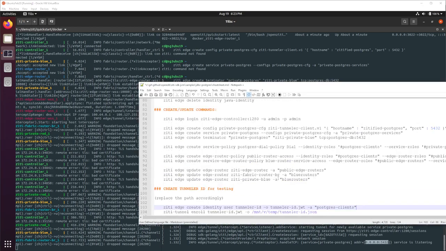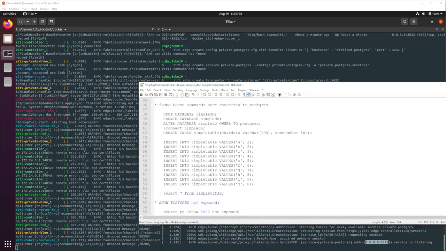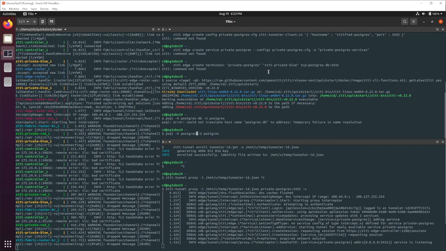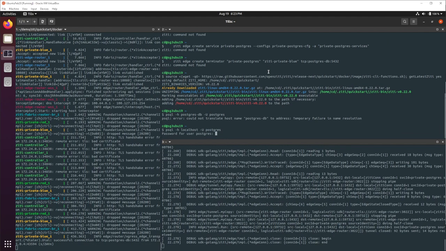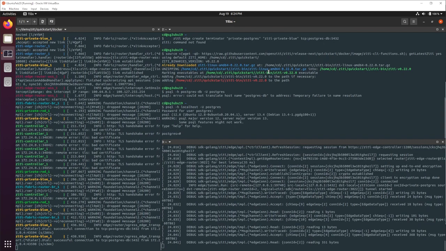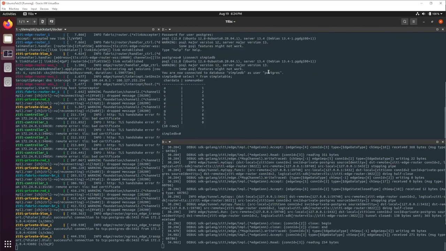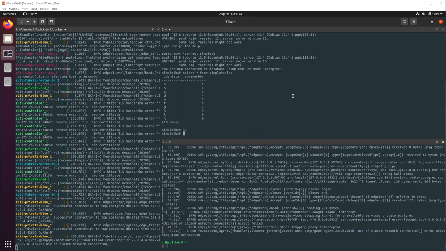and listening on 0.0.0.0:5432. That means it's going to accept connections. And if you remember from before, we tried to connect to Postgres on localhost, and we were not able to. If I've done everything correct, I should be able to log in, connect to simple DB, and then select star from simple table. Look at that. And so now, using the Ziti tunneler, we have been able to prove that our service and policies are all set up correctly. Well, that's great, but we don't want to use the Ziti tunneler, so let's get out of